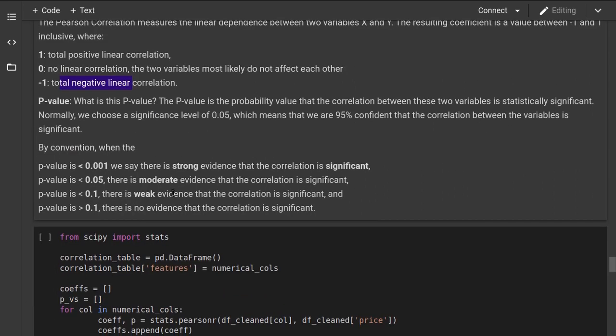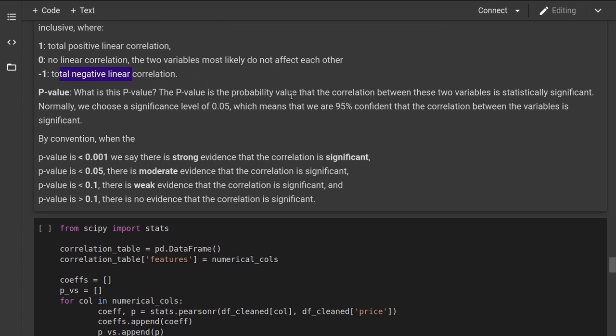And I also checked the p-values. P-value is the probability value that the correlation between these two variables is statistically significant. So if the p-value is less than 0.001, which is really low, then it is strong evidence that there is a correlation between two variables.